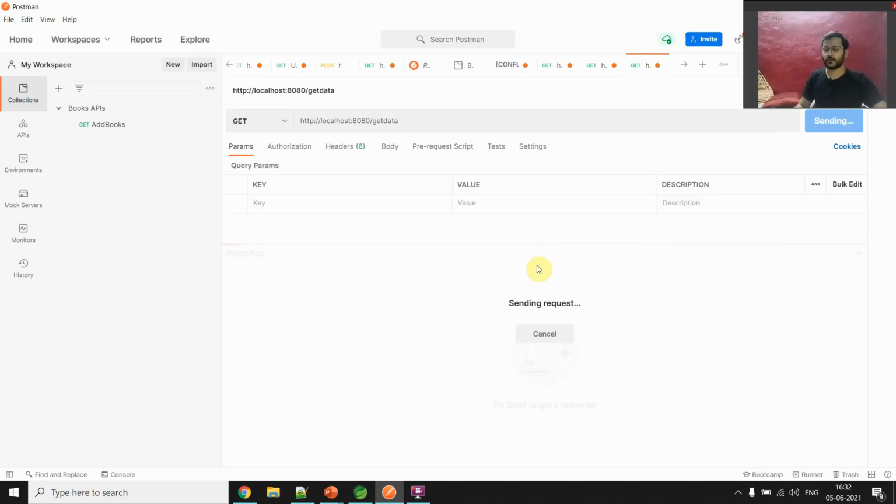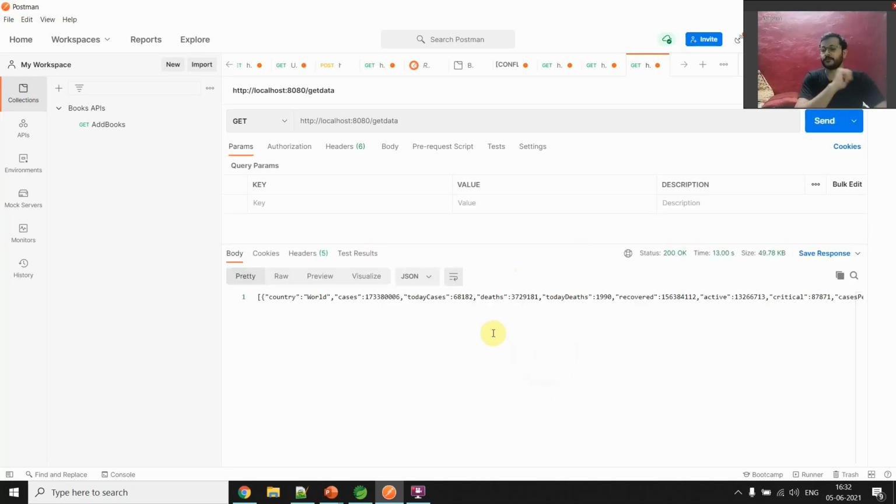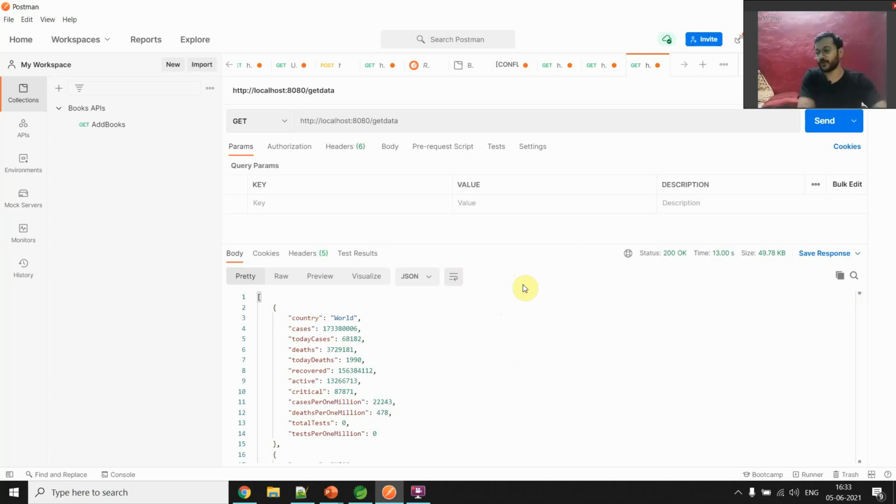Just wait for a result. Why is this Postman also getting slower? I don't know why it's going on in the background. Okay, yeah, we got a result. So let Postman make it pretty, and it will look good. It's formatting, if you can see here, it is a little slow, I don't know why. So just wait for formatting. Okay, so now you can see that the result is coming, right?